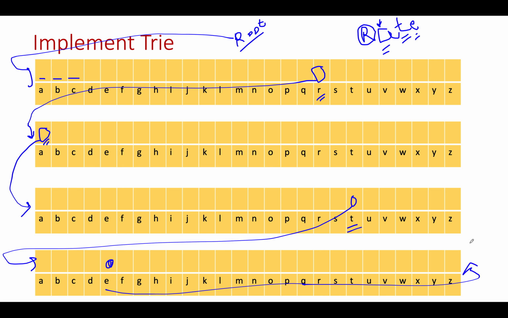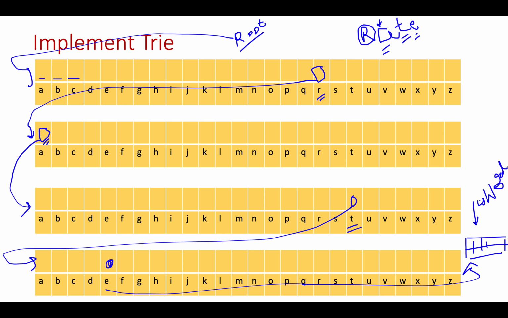and I don't have space to show it right here, but assume it has been created like this, and it also has 26 children. So can you see that a chain is getting formed? Yes, from R, A is getting pointed, from A, T is getting pointed, from T, again E is getting pointed, and from E another node has been created, and at this particular node we will store the information that we have reached the terminal state. We'll mark is word or is leaf to be true.